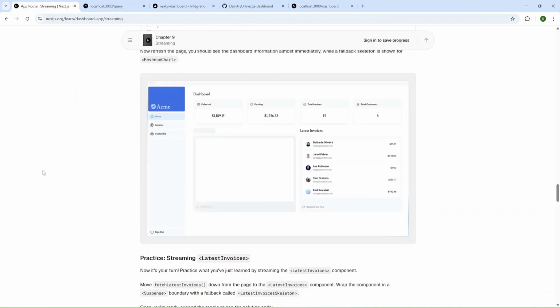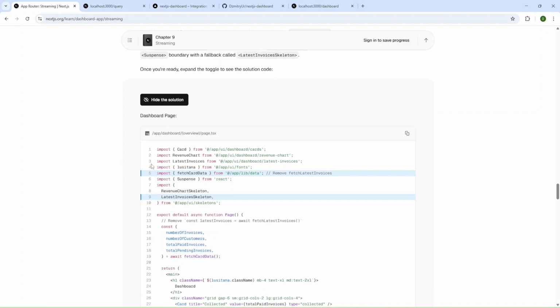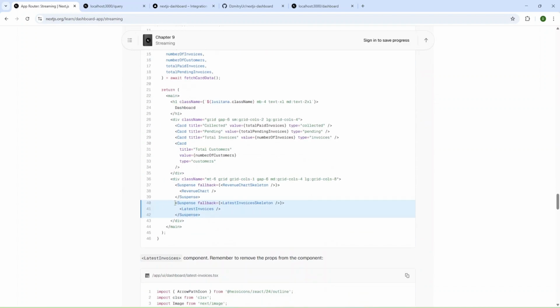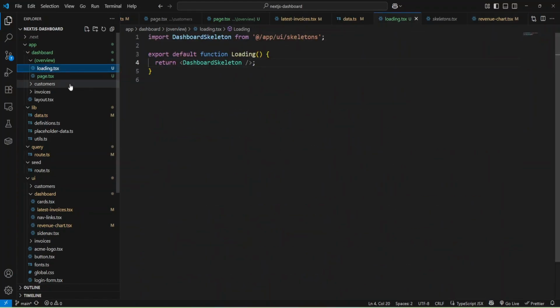Okay, and we saw this image, and they propose to practice streaming latest invoices. I'll just reveal the solution, and we need to remove this latest invoices and add this suspense here. Okay, and let's do it.